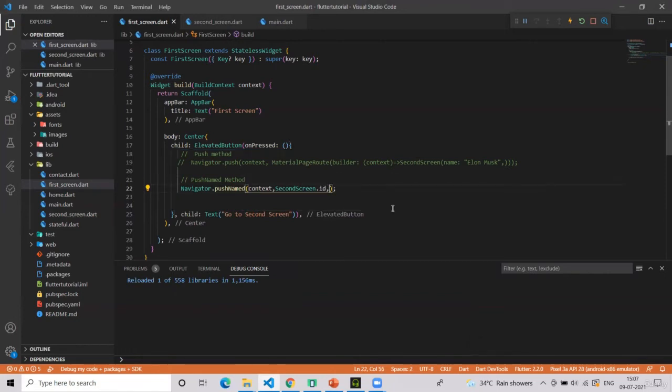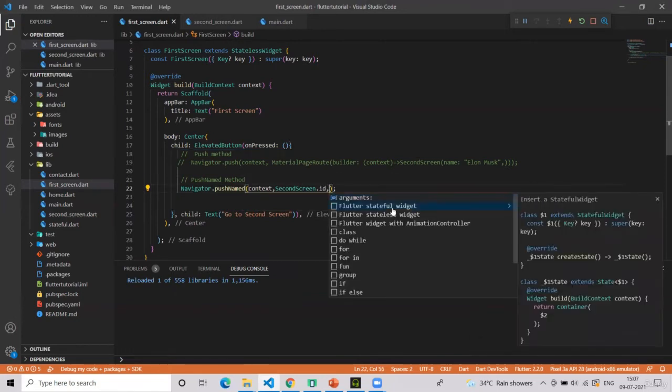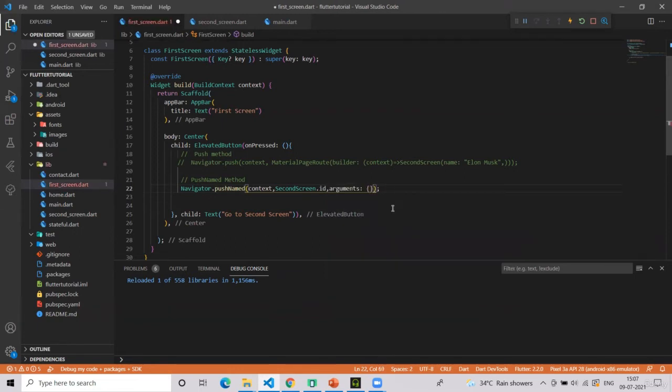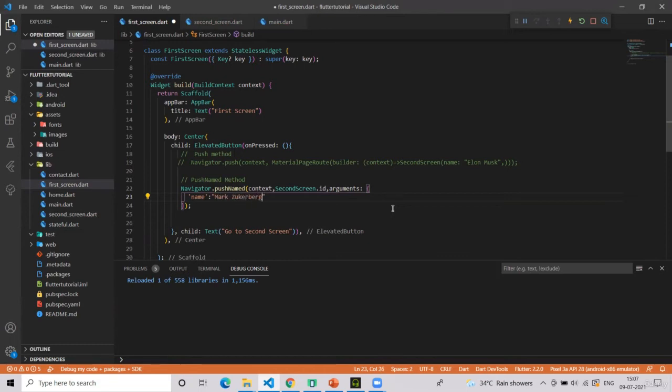And here, if you see, there is this third argument parameter called arguments. And here you can simply write name as key and value as you can say Mark Zuckerberg.